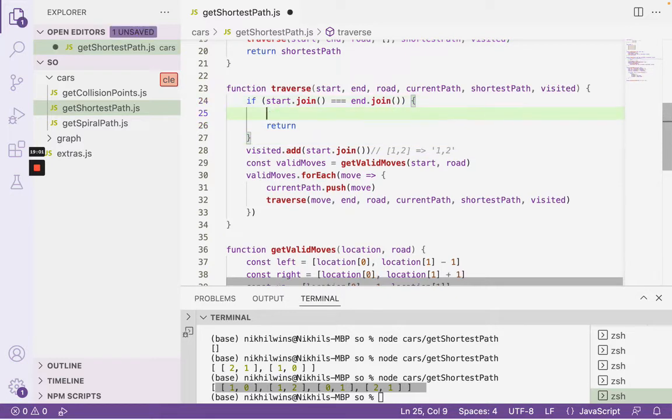And it's also at this point that I want to update my shortest path. And in fact, we'll go ahead and do this. But for now, I'm just going to mark it as a comment, and we're going to get to this shortly. Okay, so we have this. We have this. Okay, one more thing I want to say, which is once you add in the current path,